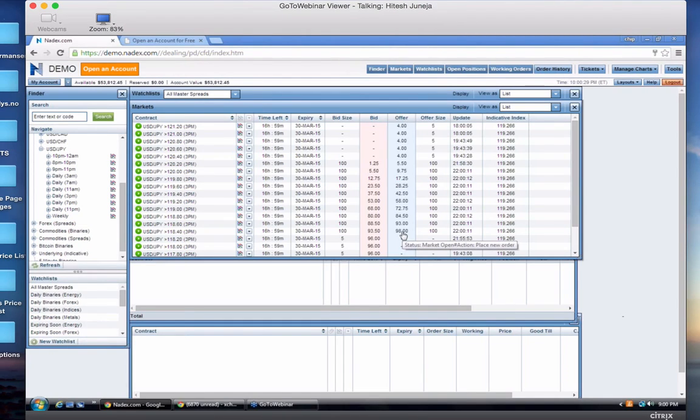What that means is that even though it says 98, that doesn't necessarily mean that you have a 98% chance of winning, because there are underlying market conditions. When you look at the candlestick analysis or whatever, you might discover that it's approaching an overbought level already, and it might not actually end up above 118.4. In those scenarios, your natural tendency might be to say, I have a 97%, 98% chance of winning. It's not really a chance of winning. It's the differential between the indicative index price and the strike price.